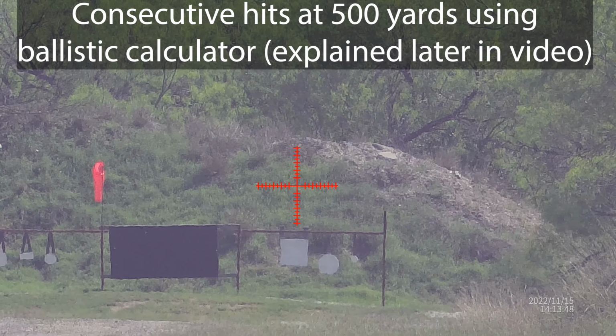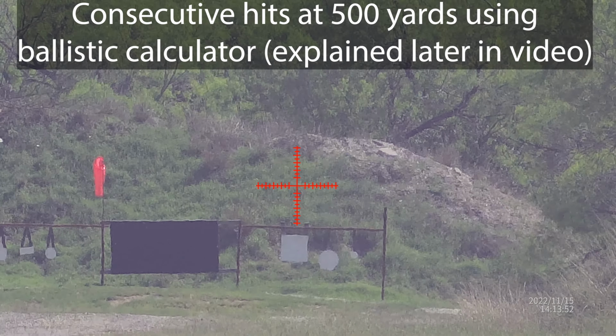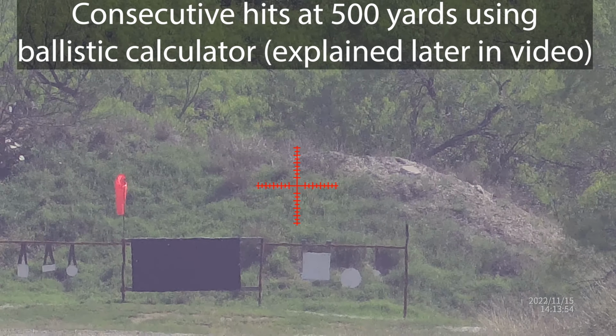Now, disclaimer with any ballistic calculator on digital optics, because it's becoming a very common feature, and it should be for anyone getting into the digital optic game to stay competitive with other features of their competition. It's only going to work as well as the ballistic data you feed it. So you really need to know an accurate ballistic coefficient of the ammunition you're using, accurate muzzle velocity first and